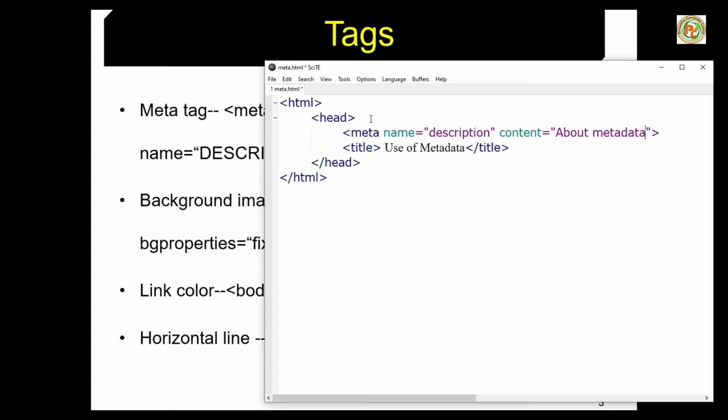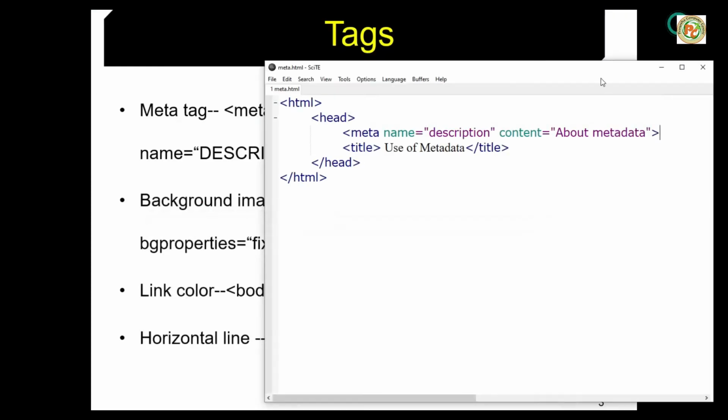It will display the metadata. Okay, that much we will display. Press Ctrl S. Okay, now run it with F5. Here we can see the use of metadata is there, but nothing is displayed, because metadata does not display anything on the screen. Only the body tag will display, but it is the data of data. So when we open the metadata, it can store the data.